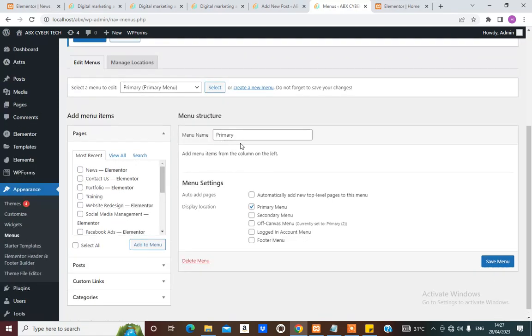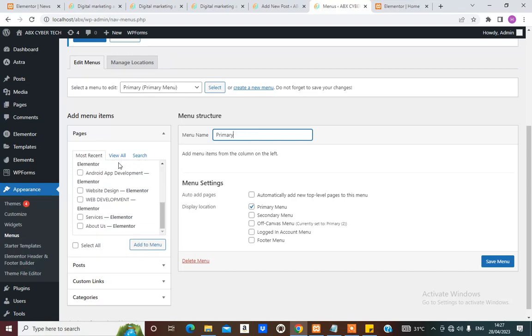So now the menu is called primary menu. You can create your own menu and give it a name, but we're going to use this menu that comes with it, which is primary menu, because even if we were to create a menu, we would either call it main menu or primary menu. So the first thing I'm going to add there is